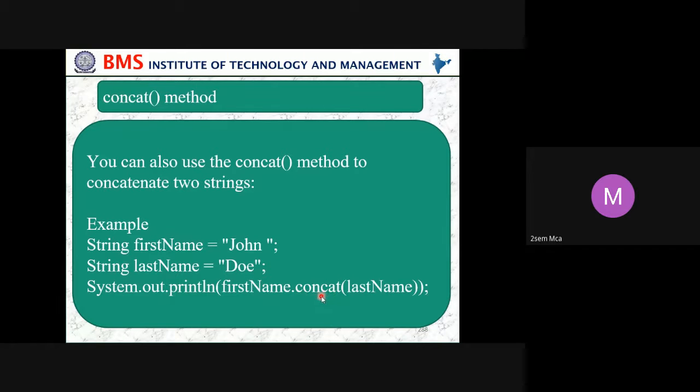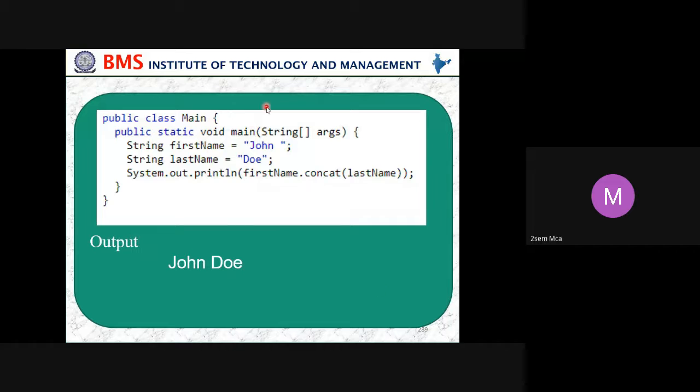First, the method dot concat. What do we want to concat? The next string. Whatever string you want to concat, you put it in the concat method. So here I want to concat last name to the first name. So how do we write a program for this? You just add two lines of code, then that will be your program. Same way I told you, public static class, these two lines are compulsory for any program. And whatever logic, code or methods you want to implement should be within this bracket.